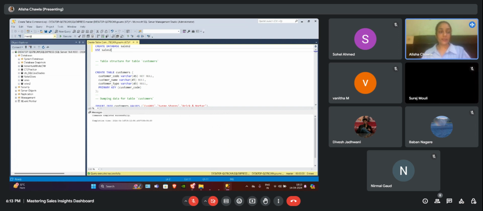Now we can see the database currently we are using here is the master. It is a default database and we have to use the sales2 database. So we have to use this command, use sales2, else we can also directly choose from here. These are the two options. So just moving forward with this, execute.